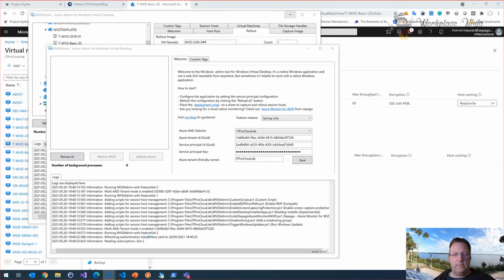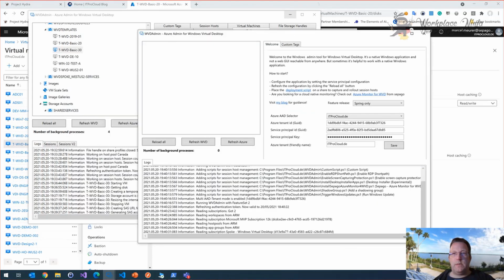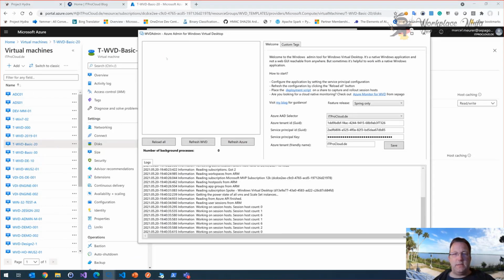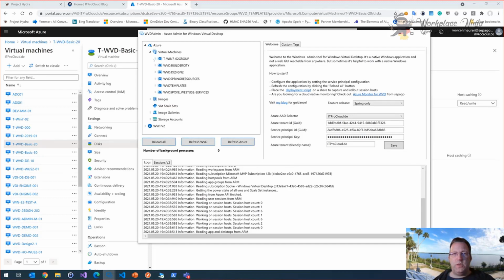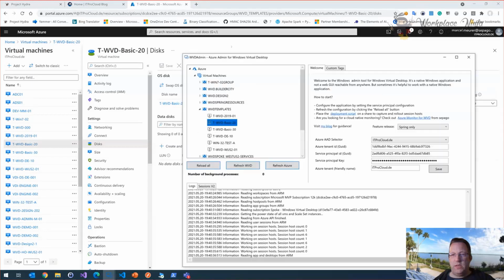So connect, log in. Go back. Then let me select the same virtual machine, the TWVD basic 20. Virtual machine templates. And the virtual machine is still HDD. And if I start the virtual machine,